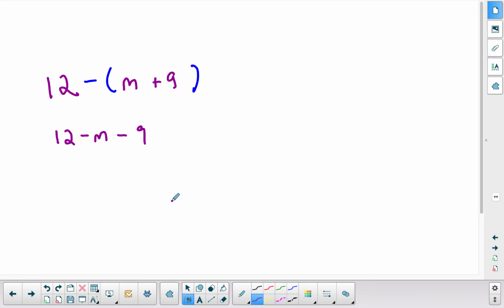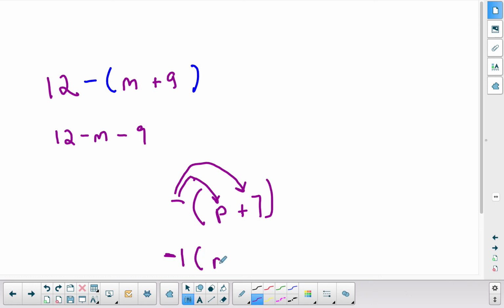So if you see a negative sign right here, and I'll make up a new one, let's say it's p plus 7, what that really implies is that you are multiplying the p by a negative and the 7 by a negative as well. And if you want to put a number in front of there, you can. You could actually write -1 here, and that would make it a lot easier to wrap your head around. So -1 times p plus 7, this would be equivalent to negative p, and then the -1 times 7 is